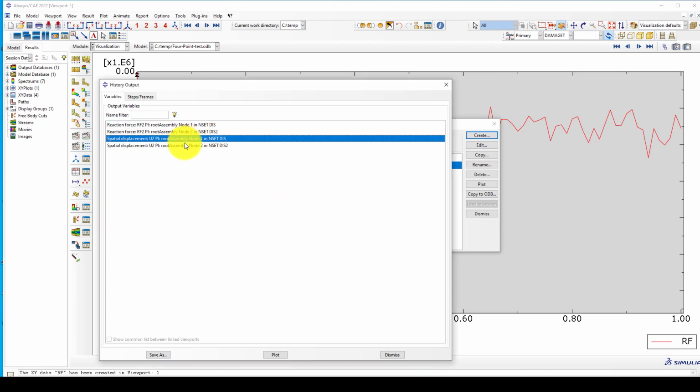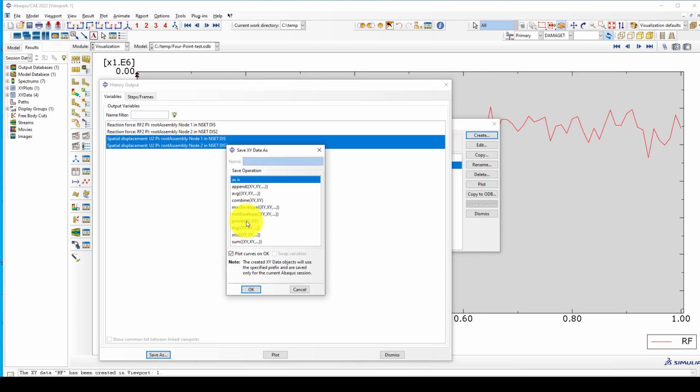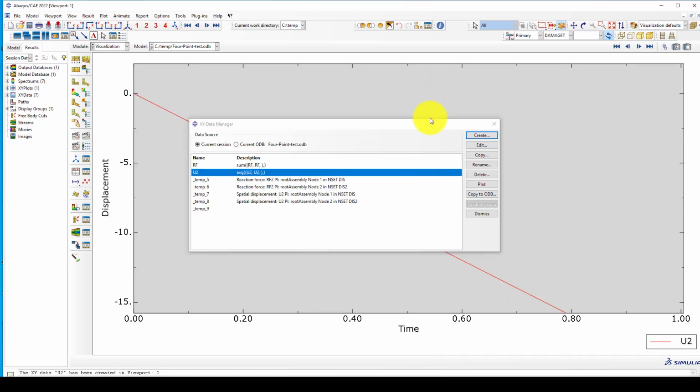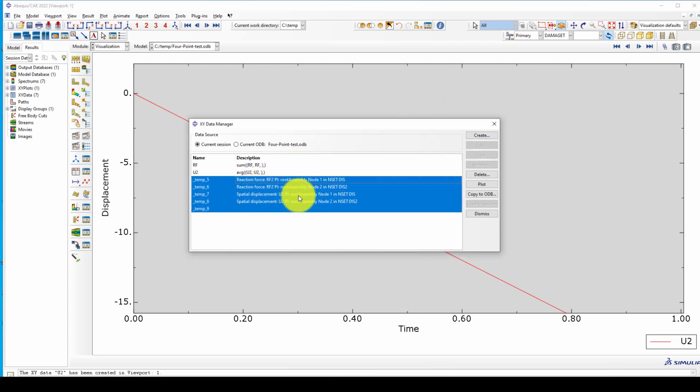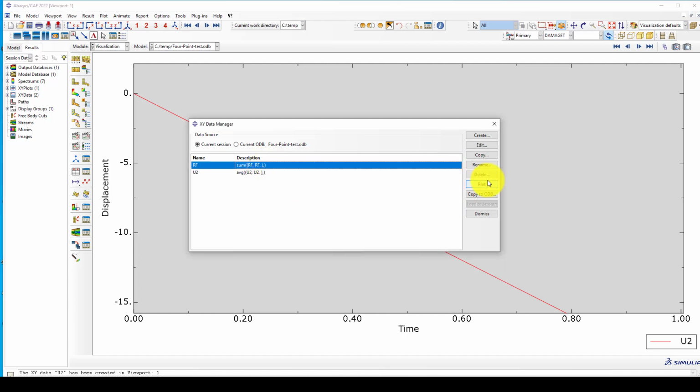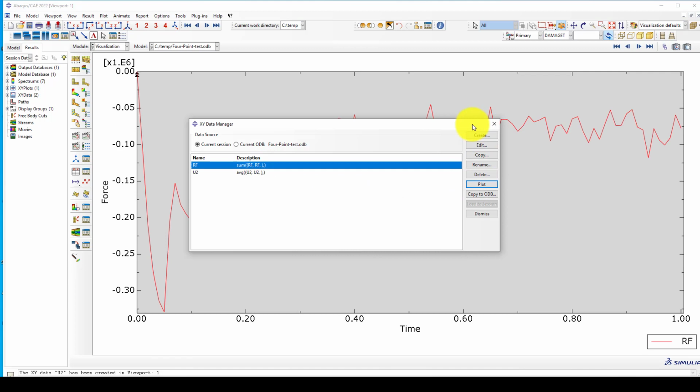We're going to select these 2 and save it as an average, as average U2. Now we can go to here and we have the 2. Remove this, and we just want to plot the